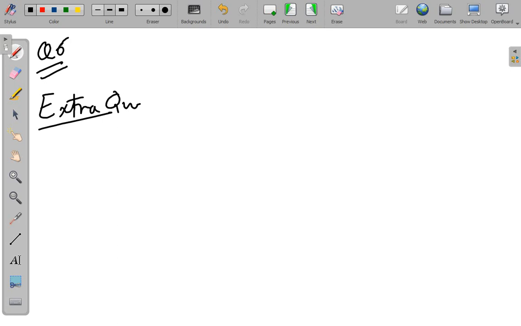See, why I'm trying to do some other question apart from question number 6. The point is, in question number 6 there is no definite number given to us. I want you to understand this question first of all with the help of a definite number. With the help of a number we will understand this question, then we will use the variables here. So let us write down the question. You can write it also.